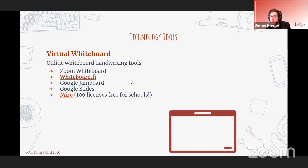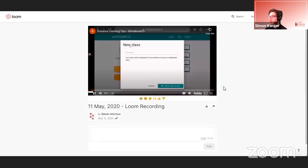However, this feature doesn't work on Chromebooks because they don't have the necessary touch input drivers in order to be able to do that in Zoom. So many teachers asked, are there other options? The next two after that, Whiteboardify and Google Jamboard. Google Jamboard is a product that's specific to schools that have the G Suite for Education module. So instead, I'm going to show you Whiteboardify, and this is an example from one of our classes on